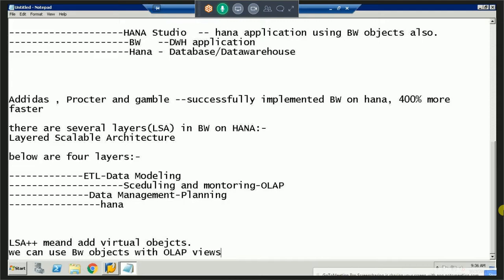Okay. So it means if I create any advanced cube or something in BW, I can use it in the OLAP view, like an attribute, analytical or calculation view in HANA? Yes. It is an example of a virtual data mart. But the main important thing is